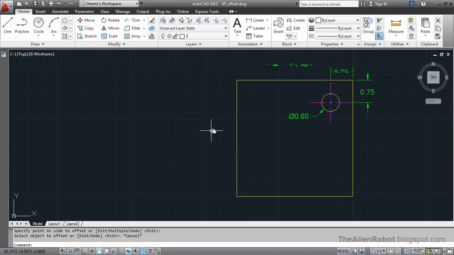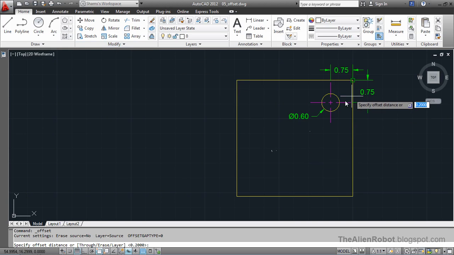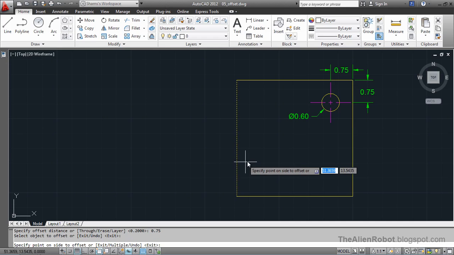Now we can use the offset to copy objects, but there are other uses for this command. One of those very useful uses is to find the position of some objects. For example, we want to find the position of this object on the other side of this square, and for that I'm going to launch the offset command. As you see, this circle is 0.75 unit to the left and 0.75 unit down, so we're going to first type 0.75, enter, and select this and